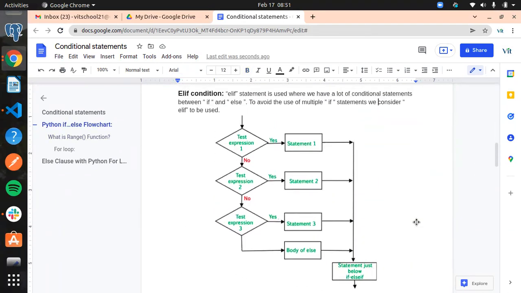Now what we did, we saw just one condition. If the condition is true, we are performing some action. If the condition is false, we are performing some other action. That's fine. For example, if I need to check multiple conditions, if we come to our grading system,